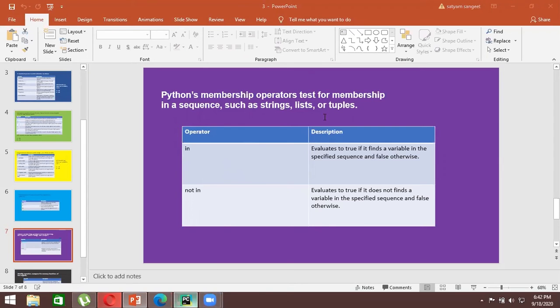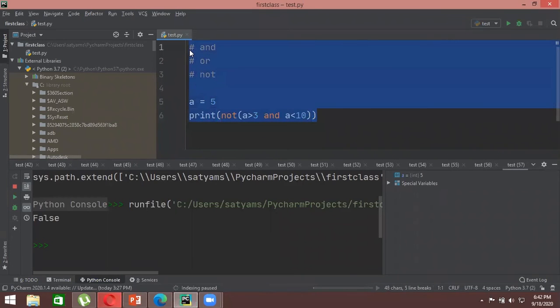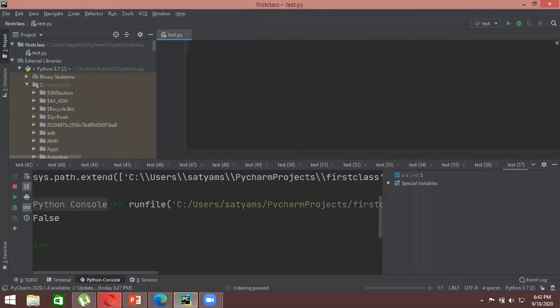So how would you use these membership operators? Basically, in membership operators, what you have is in and not in. These are the two basic membership operators. Let's say a particular person has joined a gym, and you want to know whether he is in the gym or not, whether he is in that particular membership or not. That's why you use these two, in and not in. These are mainly used for your strings, lists, and tuples.